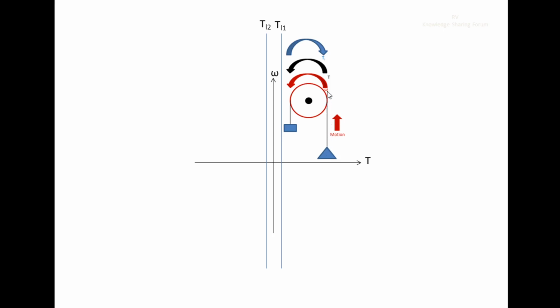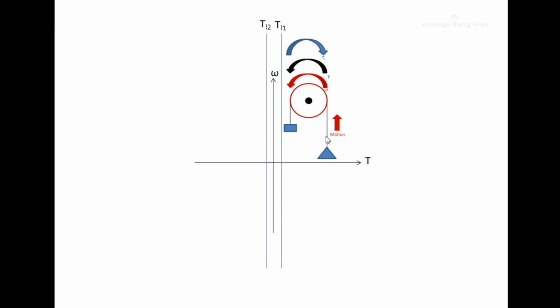That means towards the counterclockwise direction. Therefore the direction of the speed will be in the counterclockwise direction, because the motion of this loaded cage has to be in the counterclockwise direction. So the speed direction will also be in the counterclockwise direction, because the direction of the motion will be the direction of the speed.